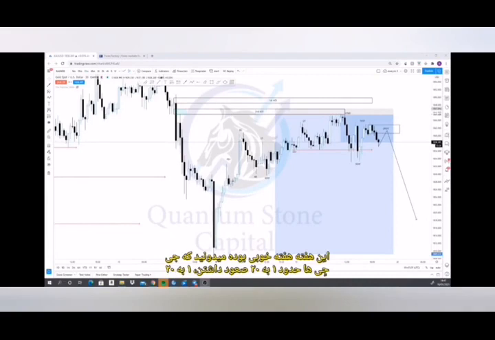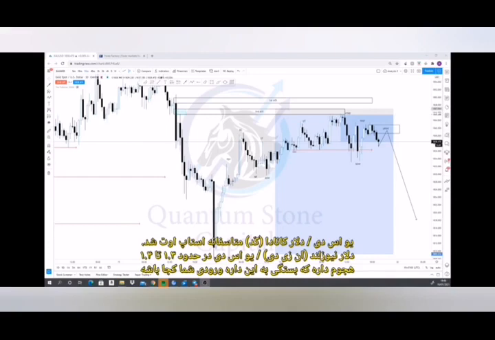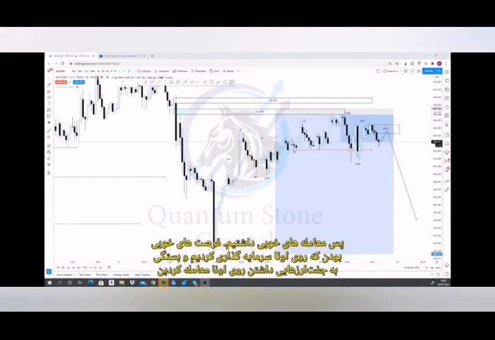GJ's up about 120, 1 to 20 RR. Gold's running about, arguably at one point, 1 to 6. I think we had AUD/USD which just got stopped out, but if you're still in that trade, that's running about 1 to 8, 1 to 10. USD CAD unfortunately got stopped out. NZD/USD running about 1.3, 1.4, depending upon where your entry was. So there were some good opportunities that we did capitalize on, depending on the currency pairs